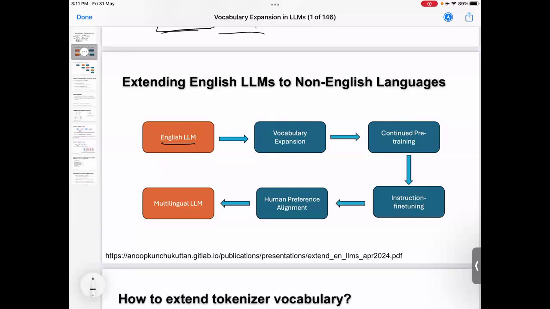Now you have some vocabulary expansion technique, we'll see what technique I'm talking about, and you have expanded the vocabulary, right? Once you have expanded the vocabulary, you ideally have to do some sort of continued pre-training on somewhat new data, right? So suppose your model was trained on English, once you have expanded your vocabulary, you have to continue pre-training of this English LLM on some Hindi data. Suppose you have expanded your vocabulary to some Hindi tokens, right? Hindi or a mix of English and Hindi, that is also possible. Okay, so some continued pre-training. Then